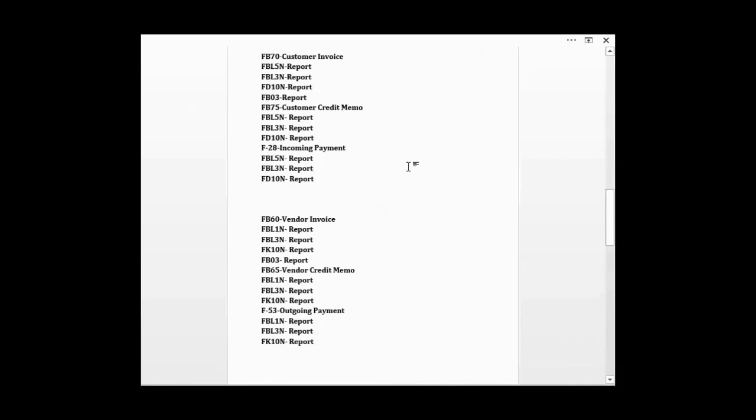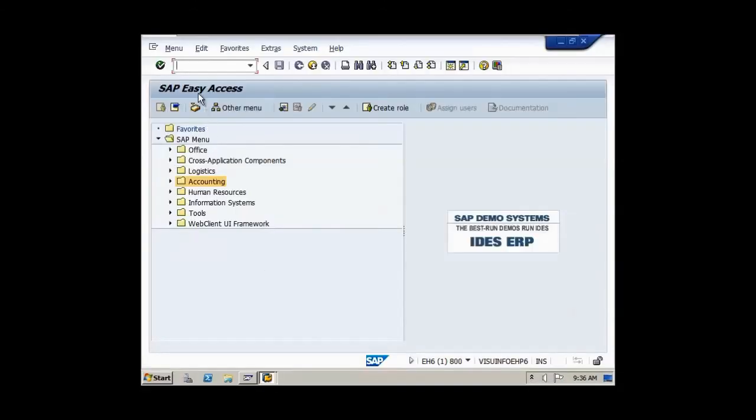We will now do a little bit of reporting. We will learn how to run the standard reports, and we will see and check the transactions that we just put into the system. We'll be going back to the live system again, and the first report that we would be running would be the customer line item report,